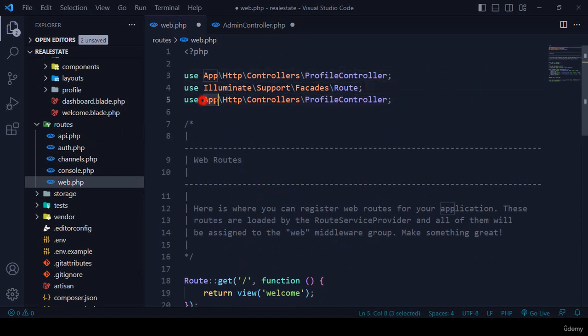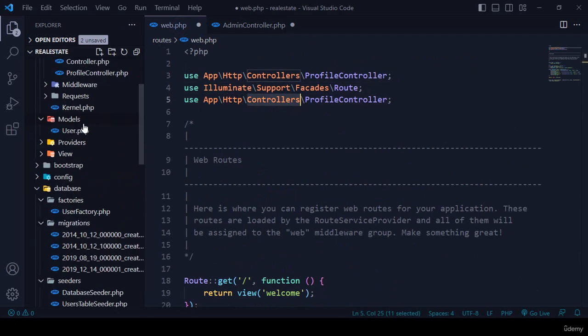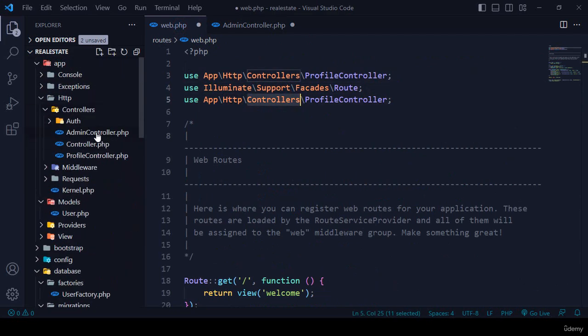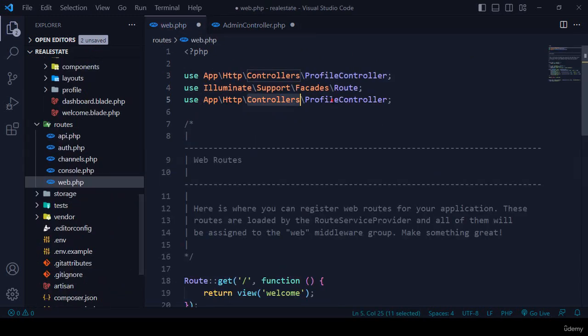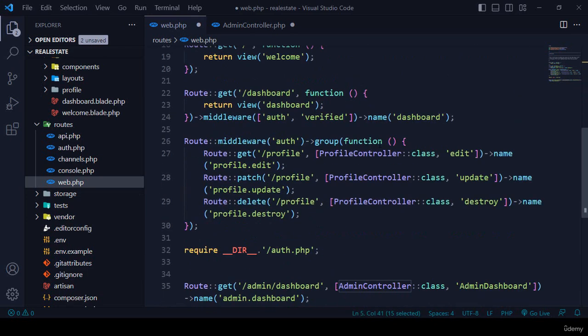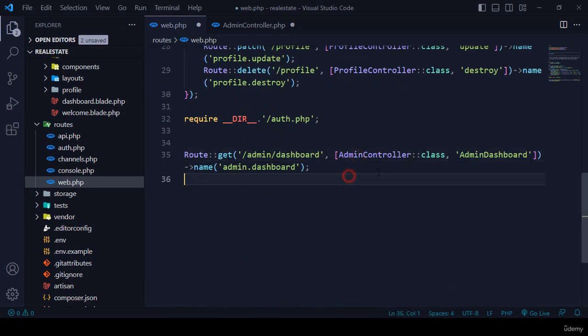Now that will be in our app http controllers folder. I have created a new controller, right here I have already created a new controller as an admin controller. Now better I want to support it, that will be as an admin controller. Okay friend, now we are able to access it. So that is our admin controller. Now we are able to access it, and now in our